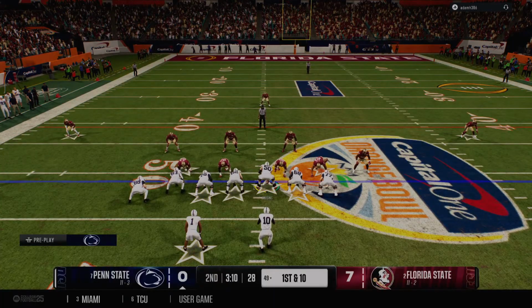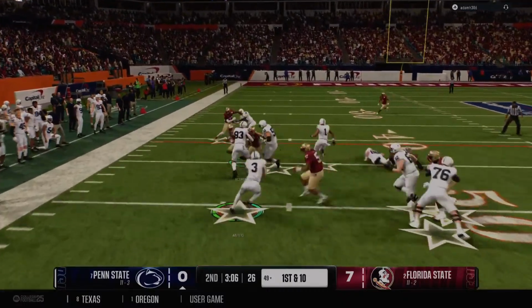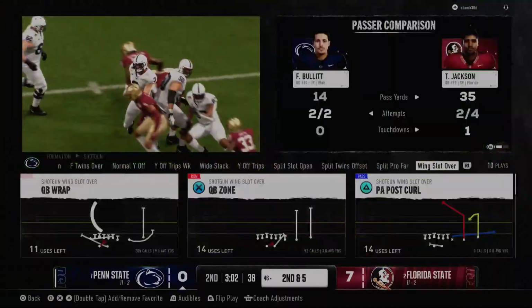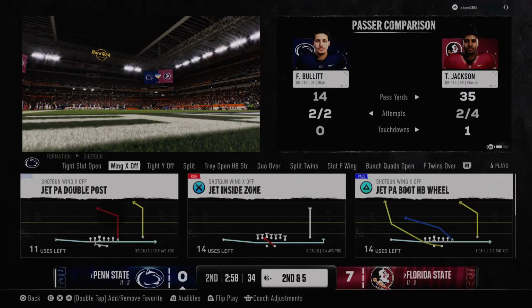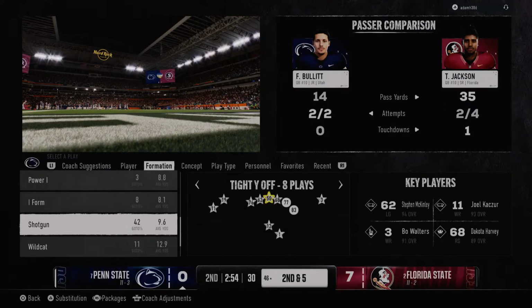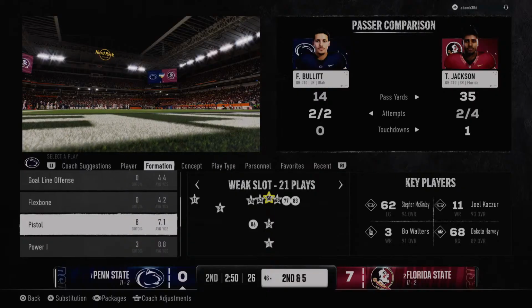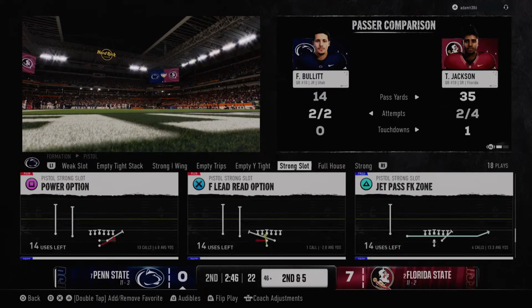Pre-snap motion from the receiver. They flip it to him on the jet sweep. Fighting him off. Boy, I'm a big fan of that jet sweep motion like that. It really forces a defense to stretch them out horizontally and can create some vertical seams for this offense. They got some positive yards, didn't quite get the first down, but I'll tell you what they've done. Planted a seed on this defense that they better defend this style of play moving forward.